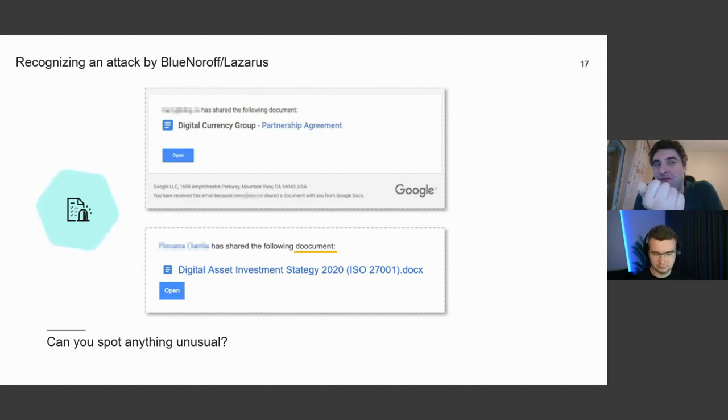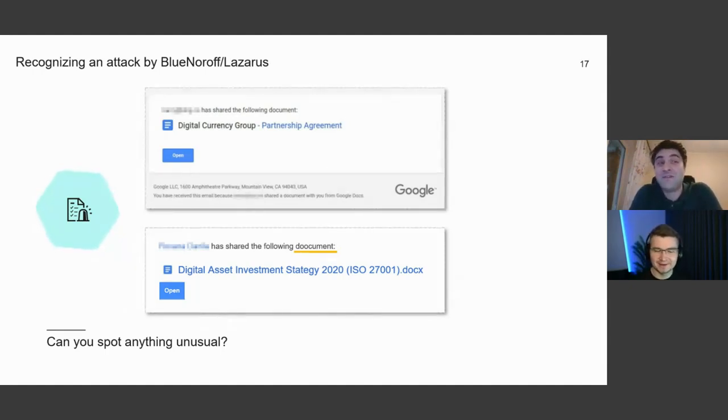Google Drive has an automated system for delivering those messages. There is no way they have a typo in their automated system. So this means that this entire nice-looking form with the button "open" and the name was written manually by somebody. It was written by the attackers. It should have been a template, don't you agree? Yeah, you should have just copy-pasted the HTML page from the original Google Drive. There would be no such mistake. It's such a silly mistake.